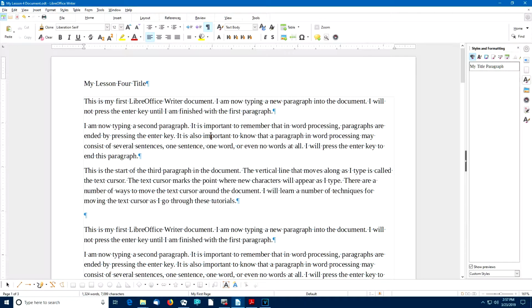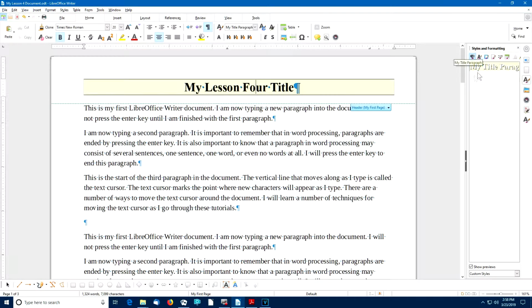Well, let's see what this new paragraph style looks like when we apply it. But I want to make sure I'm at the top of the document, so I'll press Control Home, and then I'll go up to the header for this page. Actually, remember, we're on my first page in this document, so I'll put the cursor somewhere in the header paragraph, and then from the sidebar, I'll double-click on the My Title Paragraph style, and there you see the results of